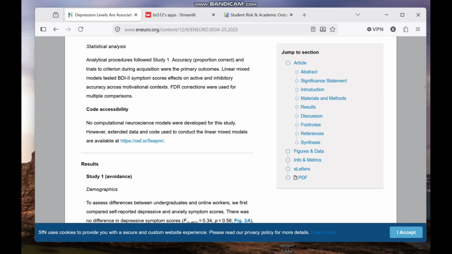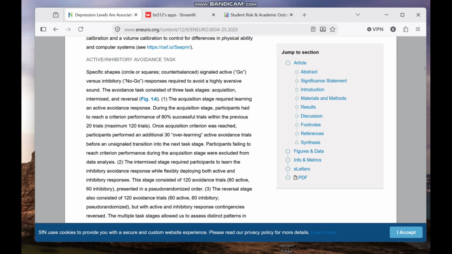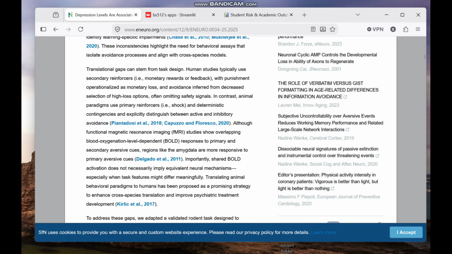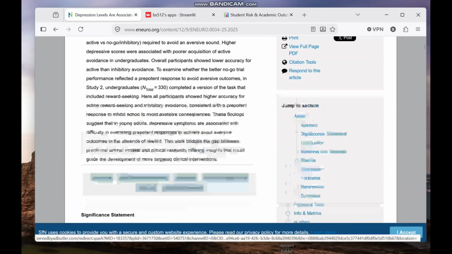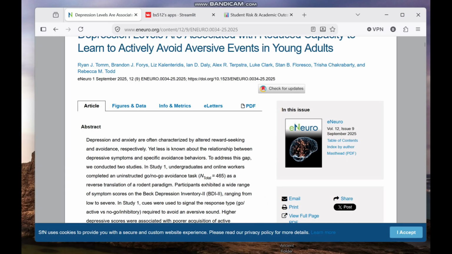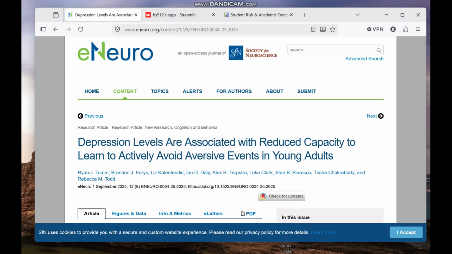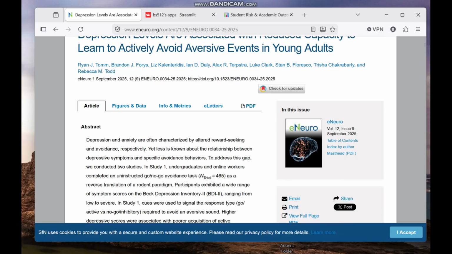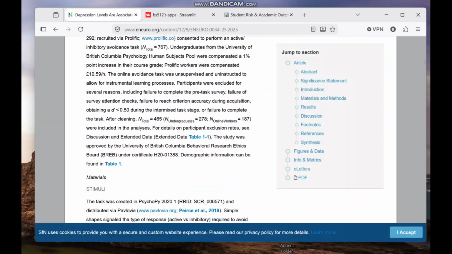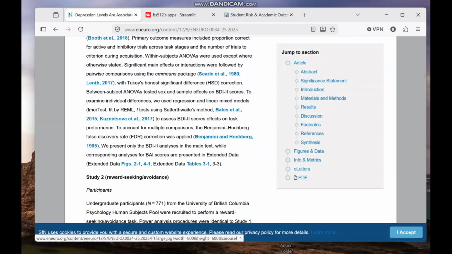So I went digging a little bit more, and I came across this case study, which I thought was really interesting because it takes depression and links it a little bit more. I'm probably not wording this correctly, but depression levels are associated with reduced capacity to learn to actively avoid adverse events in young adults. So basically the implication here, based on their data studies, is that